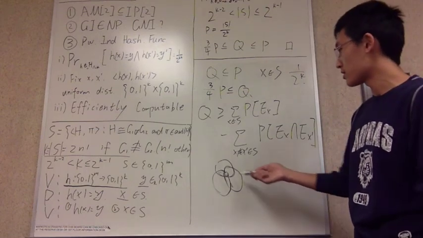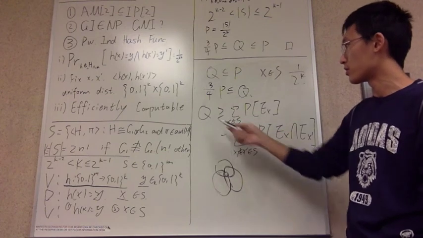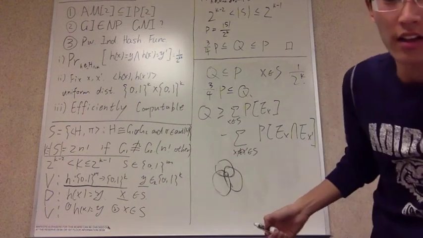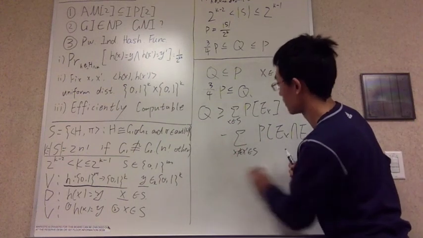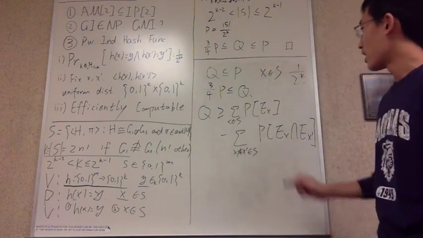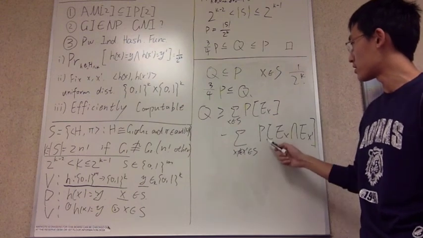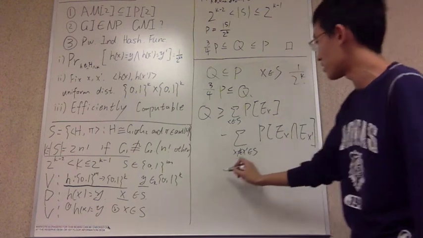So this will make the whole probability smaller than the exact one. So Q is bigger than or equal to this thing. And as I mentioned before, if you want to see the exact proof, you can find it in the appendix of the textbook. Since Q is larger than or equal to this thing minus this thing, and this one obviously is exactly the same as the previous one,